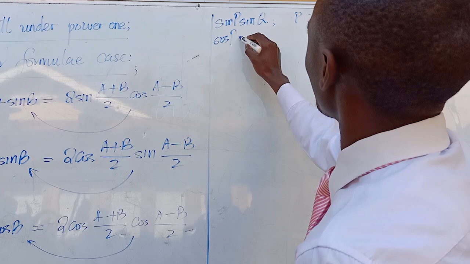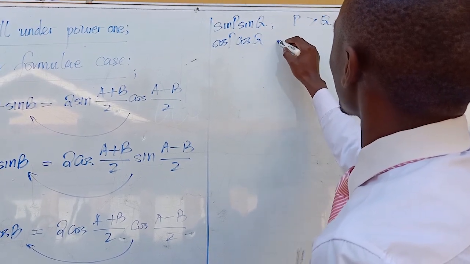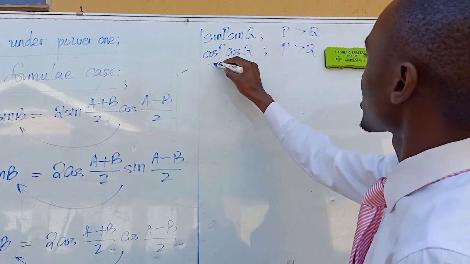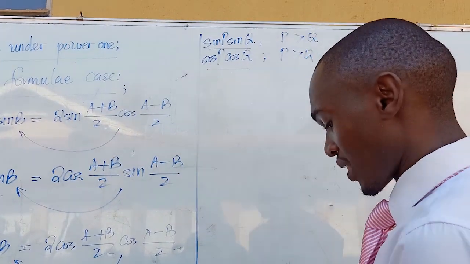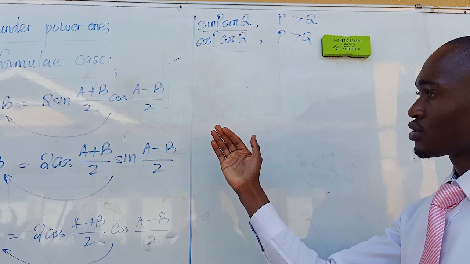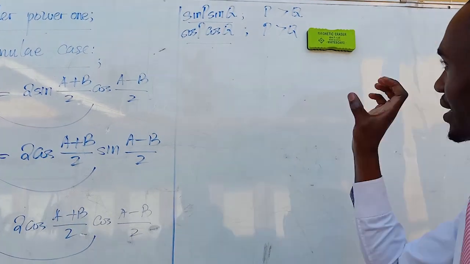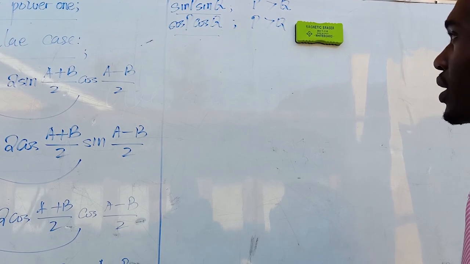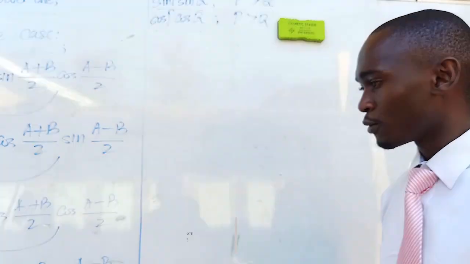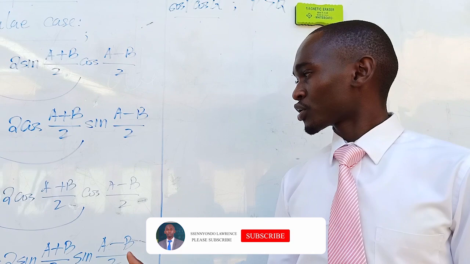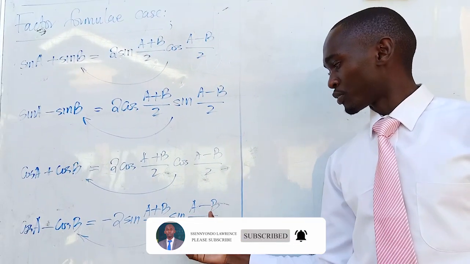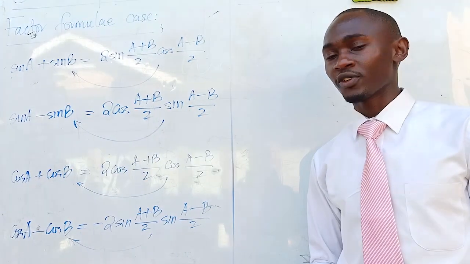Cos P multiplied by cos Q, strictly still when P is greater than Q. This allows someone to shift from a product to a sum or difference. That technique helps you to handle a variety of cases. Now, the question is, what do you depend on to shift from the product to a sum or difference of